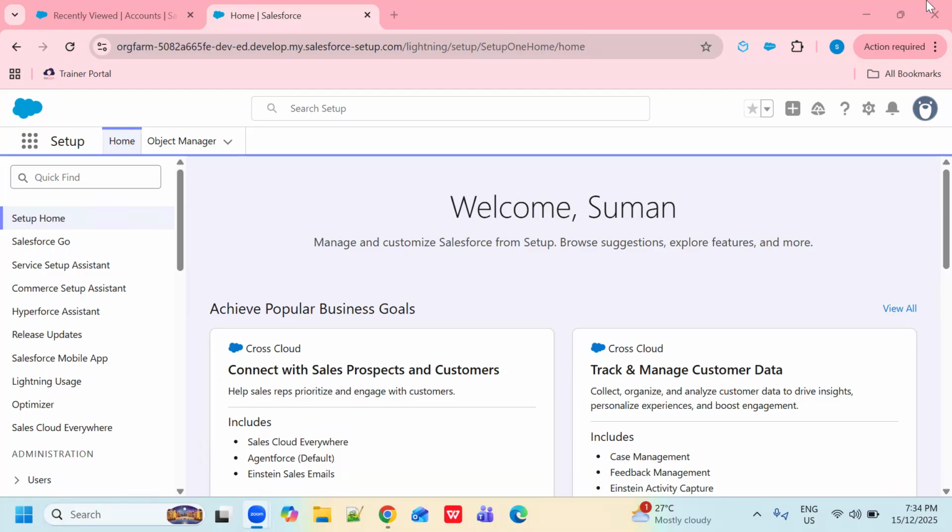Today I am going to demonstrate how we can use a standard pick list, or you can say an existing pick list, in our flows, right? So if you want to use an existing pick list in your flow, how can we do this? Today we will see. So come to our setup, then